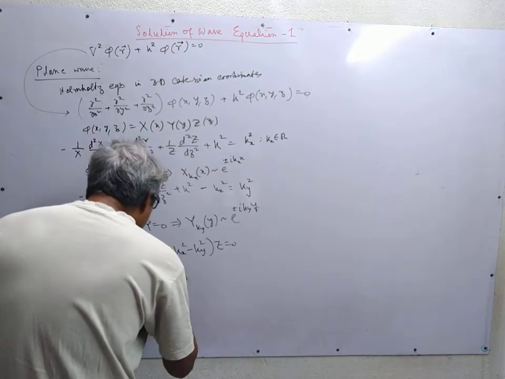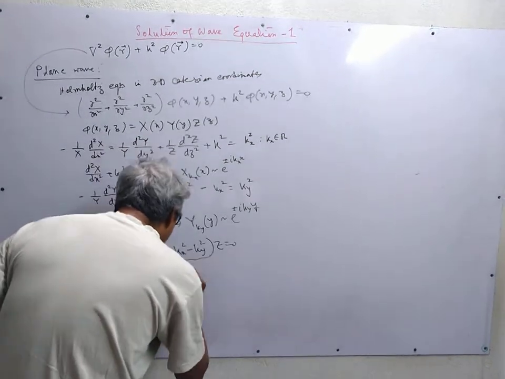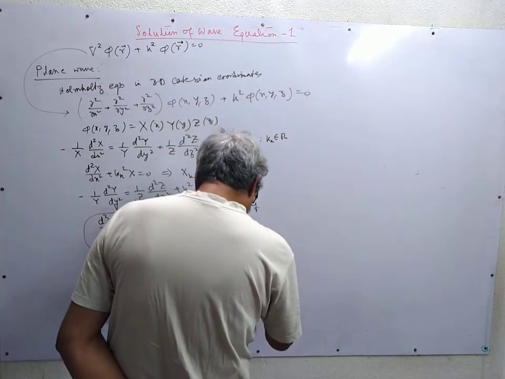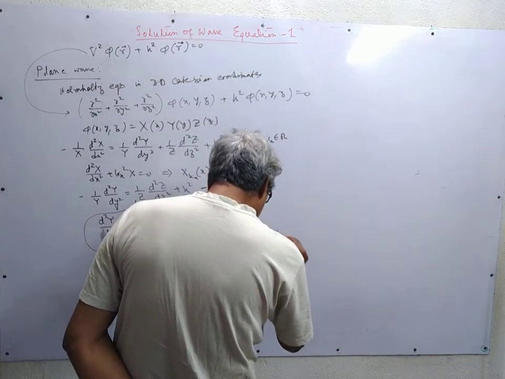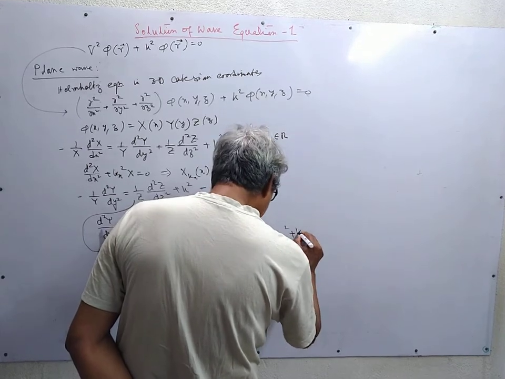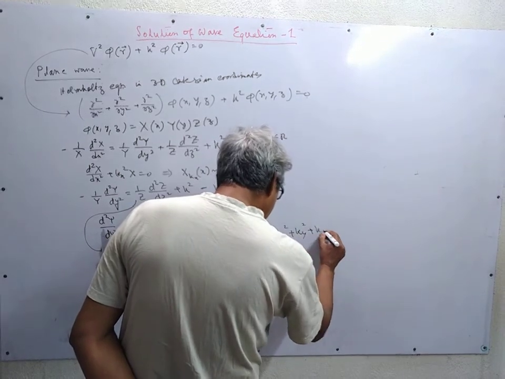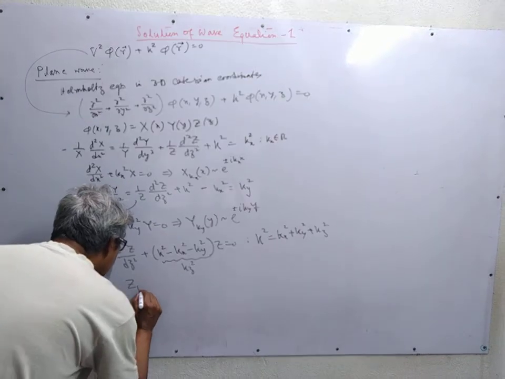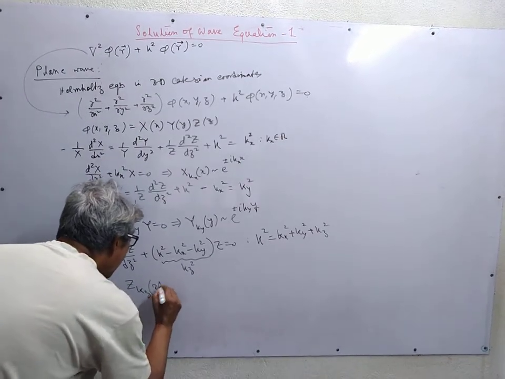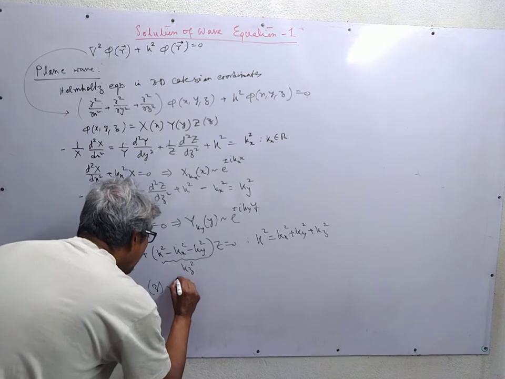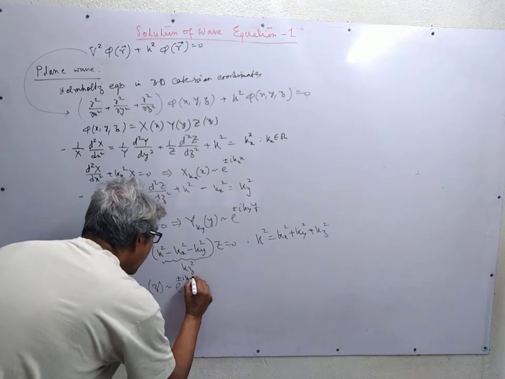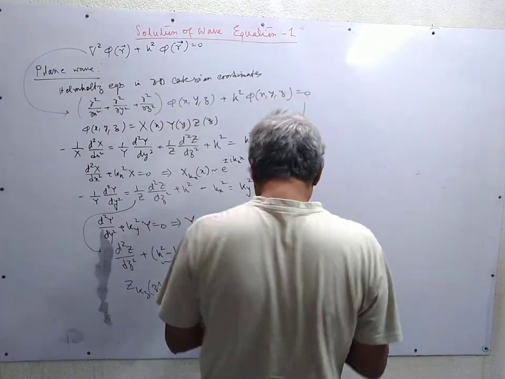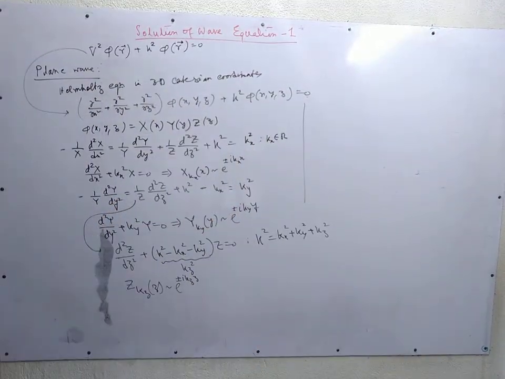We call it kz square, so that k square is equal to kx square plus ky square plus kz square, and the Z equation has a solution of the same form. So the total solution, the spatial part of the solution, is